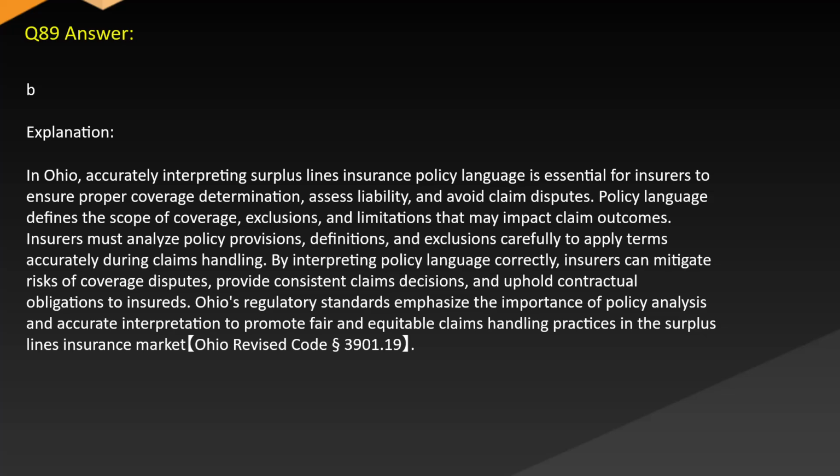determination, assess liability, and avoid claim disputes. Policy language defines the scope of coverage, exclusions, and limitations that may impact claim outcomes. Insurers must analyze policy provisions, definitions, and exclusions carefully to apply terms accurately during claims handling. By interpreting policy language correctly, insurers can mitigate risks of coverage disputes, provide consistent claims decisions, and uphold contractual obligations to insureds. Ohio's regulatory standards emphasize the importance of policy analysis and accurate interpretation to promote fair and equitable claims handling practices in the surplus lines insurance market. Ohio Revised Code SS